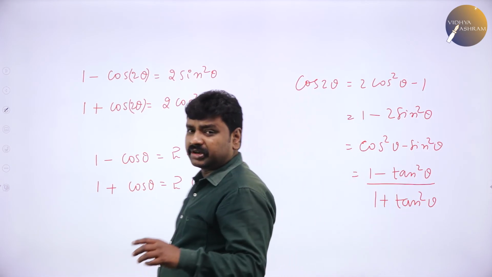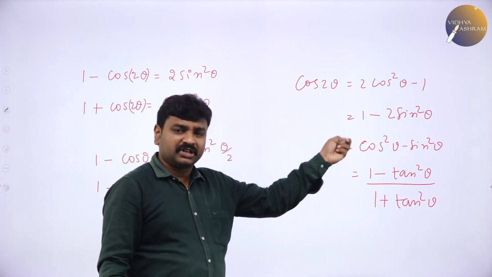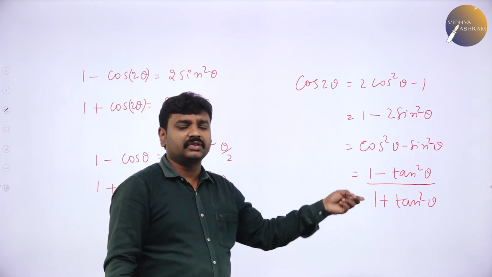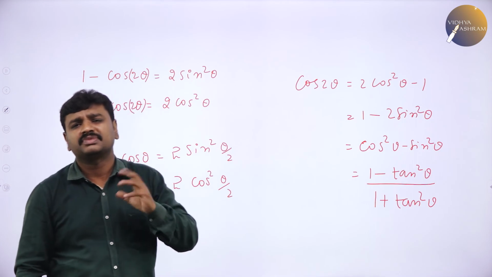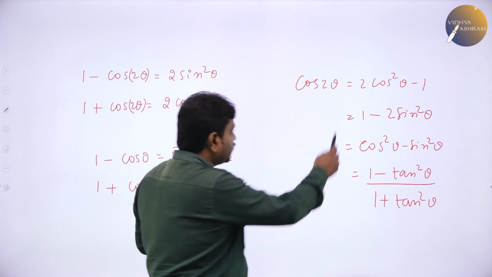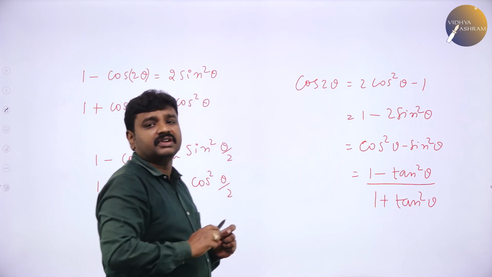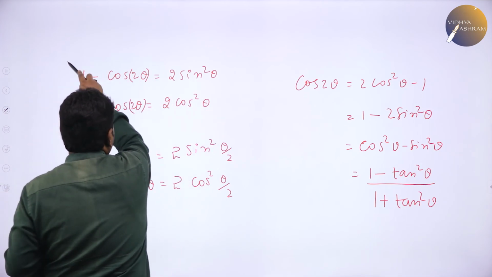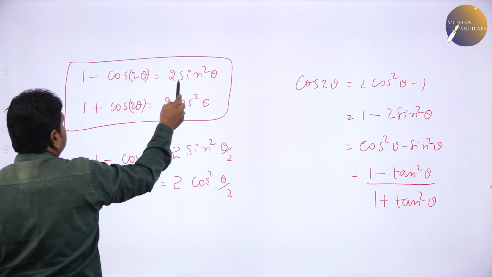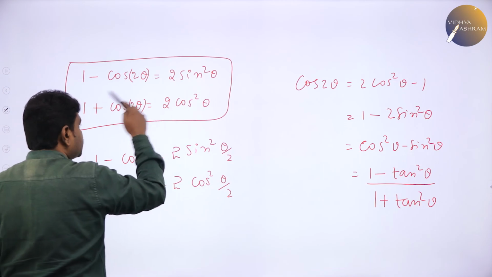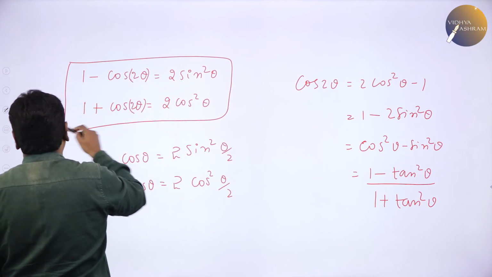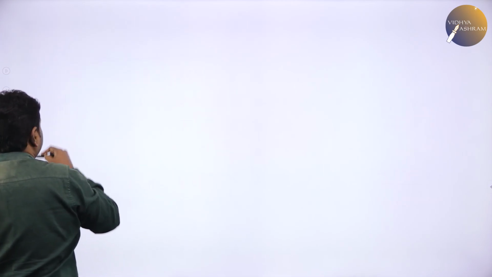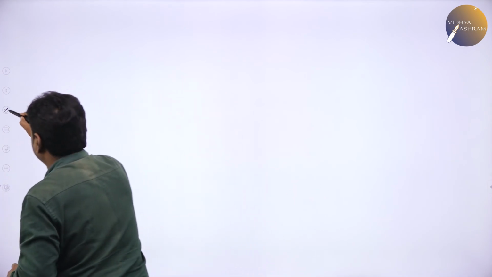So cos 2 theta can be written as 2 cos square theta minus 1, 1 minus 2 sin square theta, cos square theta minus sin square theta, 1 minus tan square by 1 plus tan square. So many forms are there. But taking this and rearranging always is time waste. So remember these results. When you have minus, you will get sin. When you have plus, you will get cos, and whatever the angle will become half. Let me repeat this, make a note of this and mark it important.